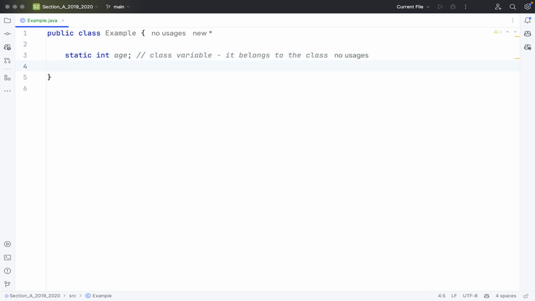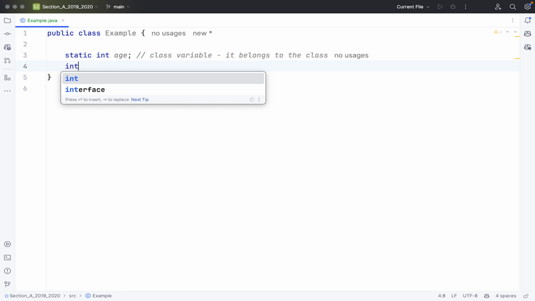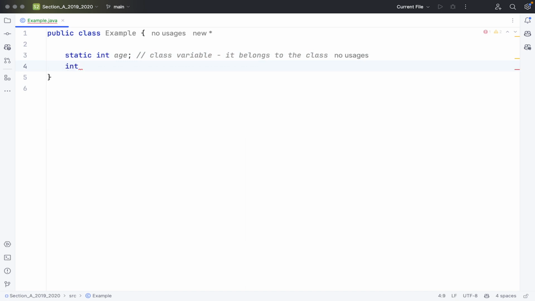Then an instance variable is a property that does not have the word static. This becomes an instance variable or instance field. What's the difference? So the difference is, if I create